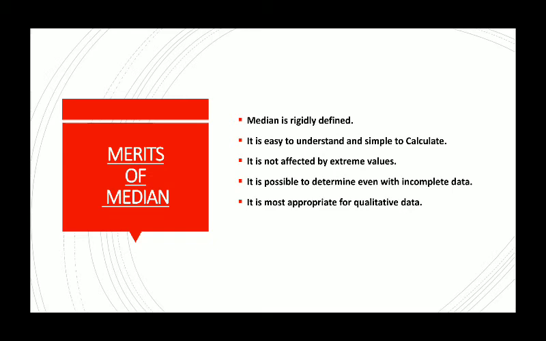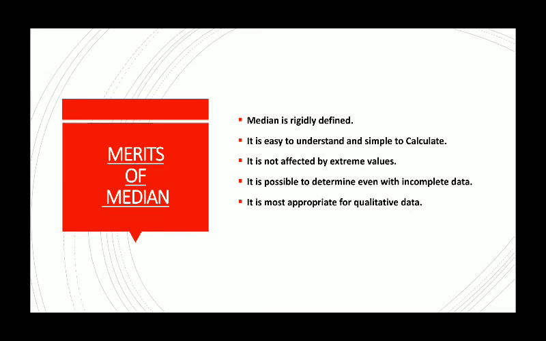And it is very appropriate for qualitative data because mean cannot be used in case of qualitative data, and here we can arrange the values and we can calculate the value. So with median it is possible to locate an individual having average position in ascending or descending order, like average intelligence of people. So in that way we can get the central value in case of qualitative data using median in a better way than the other methods of calculating measure of central tendency like mean and mode.